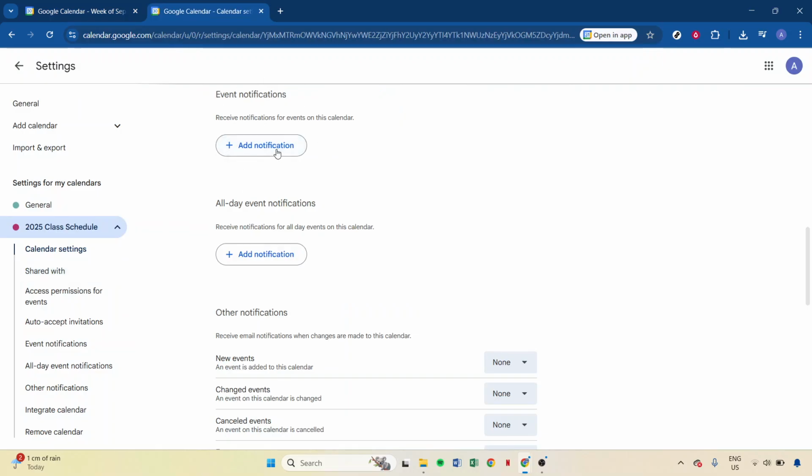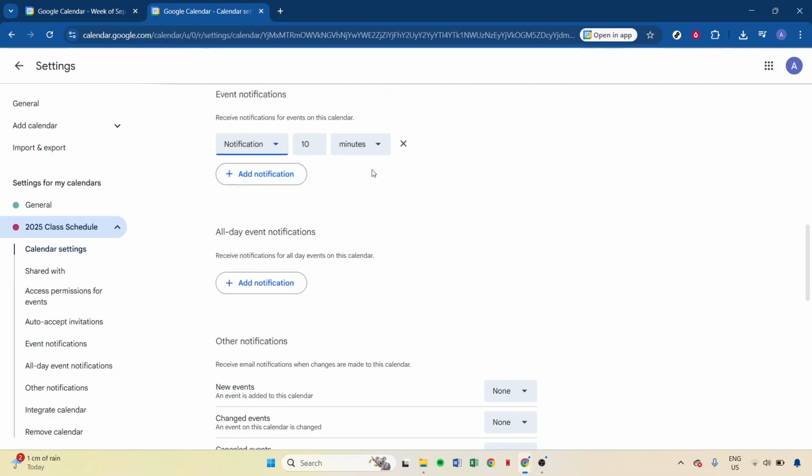Now, every new event in this calendar will automatically include an email reminder, saving you time and ensuring consistency. And there you have it, a simple yet powerful way to keep your schedule in sync with email